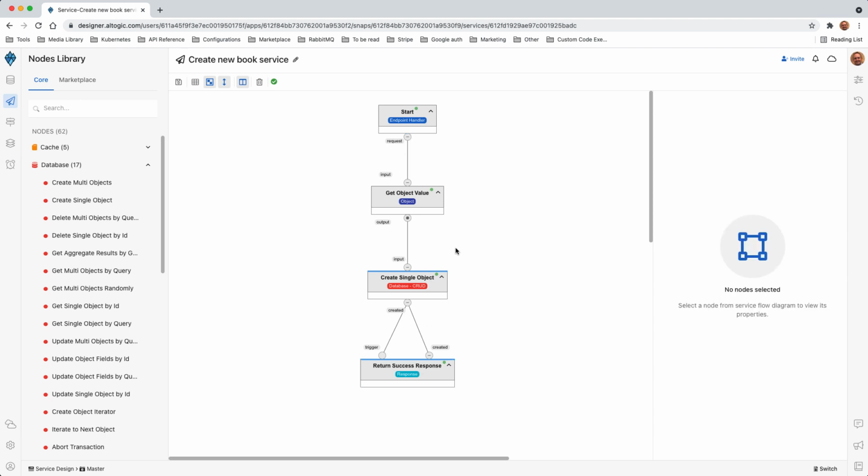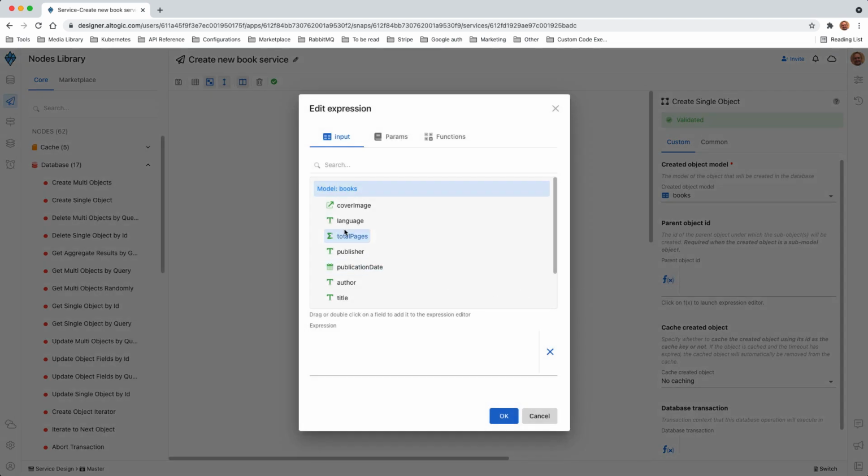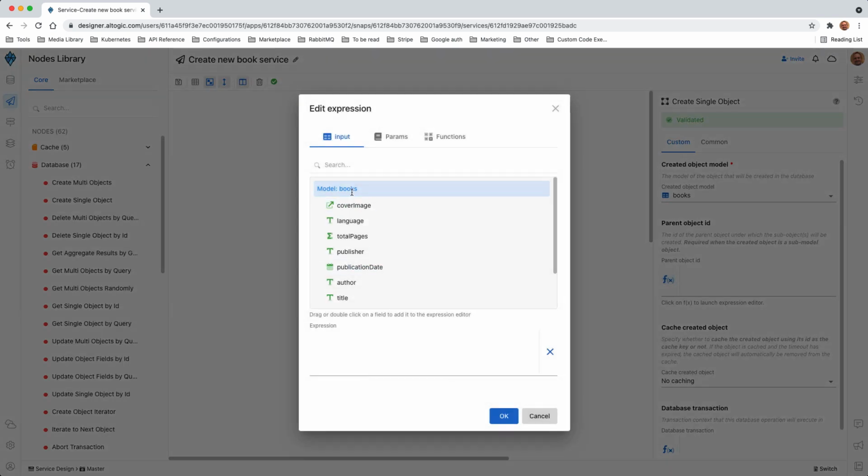Another interesting thing that I would like to show to you is, for example, when we click on the create single object, there's a property called parent object ID. In our case, we don't use this field because the book object doesn't have a parent. It's by itself a top-level object, so we don't need to provide the parent object ID. But to show you a feature of Altogic, when I click on this one in the expression editor, I see a tab called input. The input is basically this input. So the input that we will be getting in this case is a book, so I will be getting a book object, and I can use its